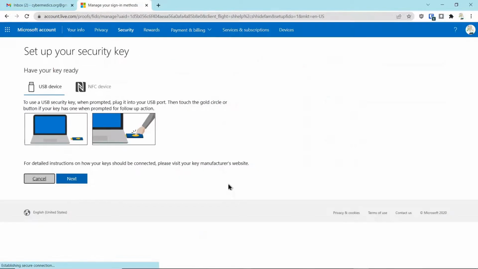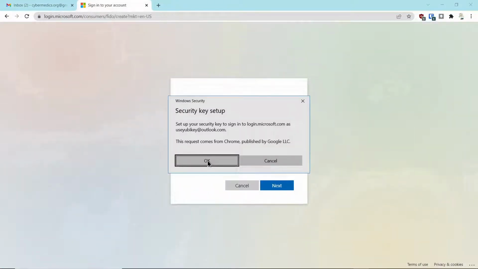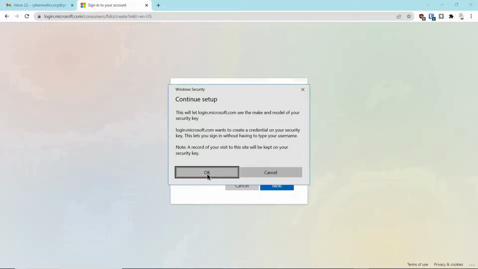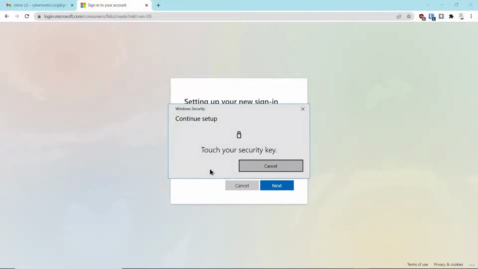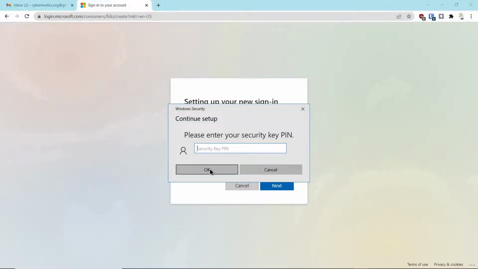We're using a USB key today, so we're just plugging it into the side of the computer. Once you select next and you have it plugged in, it's going to have a couple prompts, and you're going to click OK on both of those. Now you're going to touch the key physically, and you're going to enter a PIN that was previously set up on the key. Once you do that, you touch the key again,